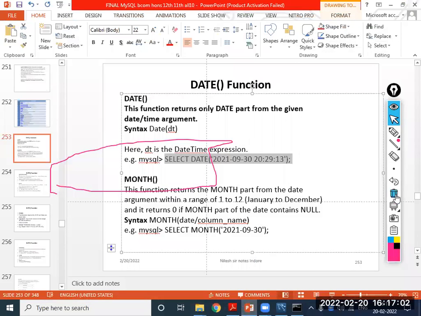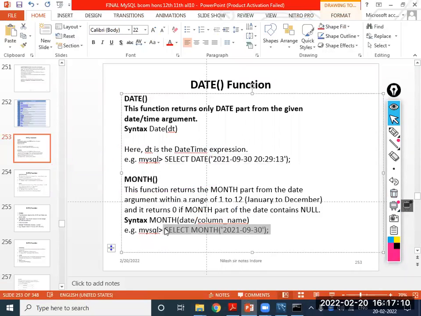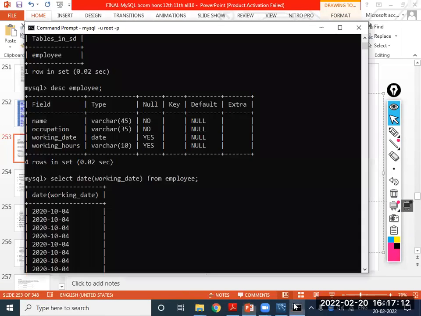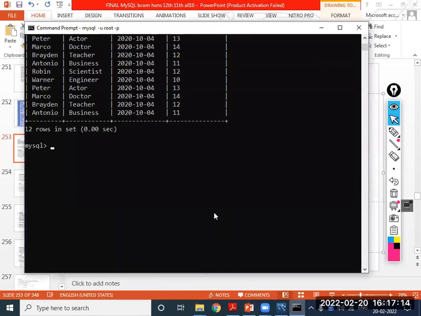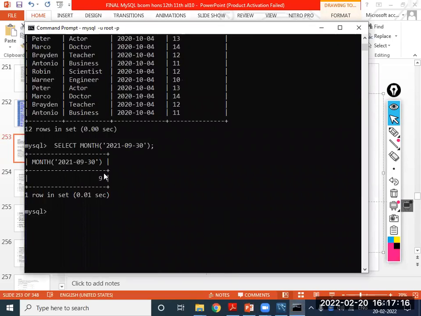Next is month. Select month. Now I am applying month here on the default table, and the result is 9. It will display in numeric form. So month is the date function which will display the month in numeric form.